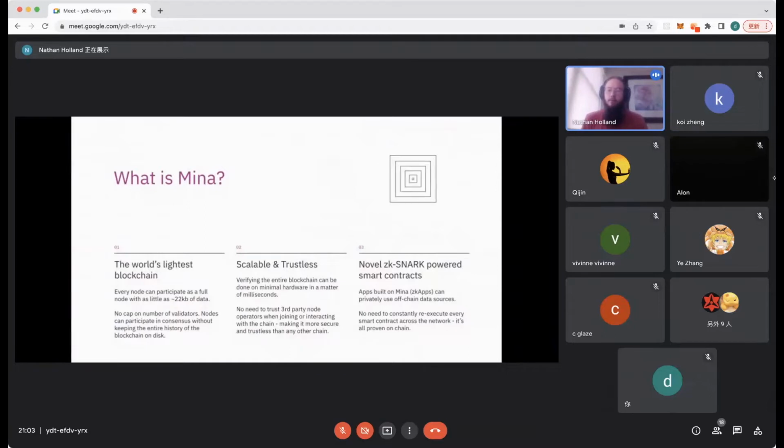Mina is a new layer 1 blockchain protocol that we've built from the ground up to be the world's lightest blockchain. What does that mean? It means that anyone can run a full node. You only need 22 kilobytes of data to join the chain as a full node. It also has a light and decentralized consensus mechanism, so there's no cap on the number of validators, and there's no need to keep the history of the blockchain on disk, so it's lightweight for consensus nodes to join and